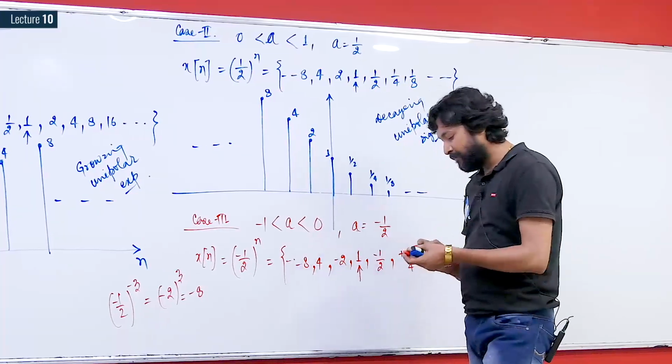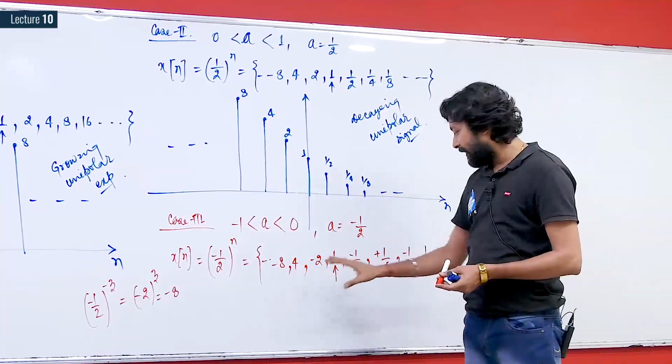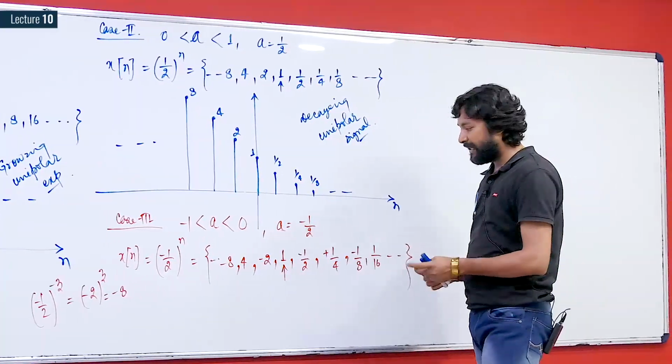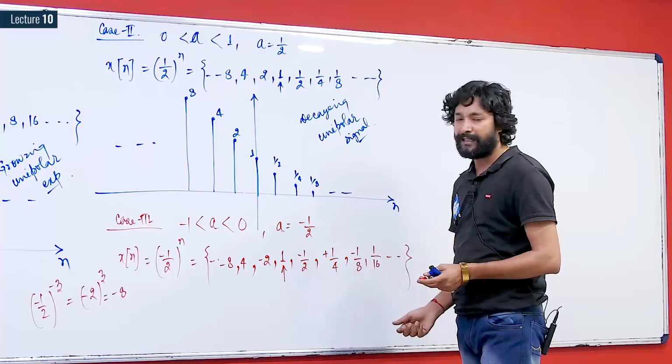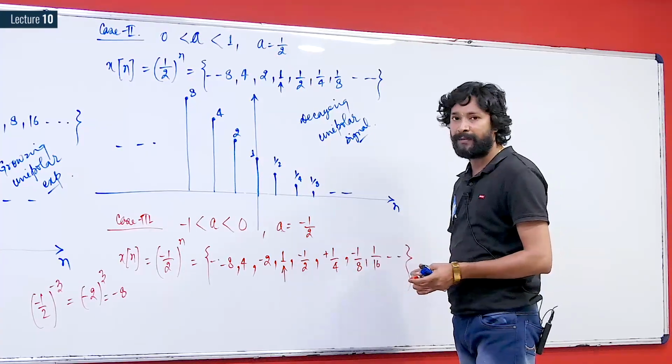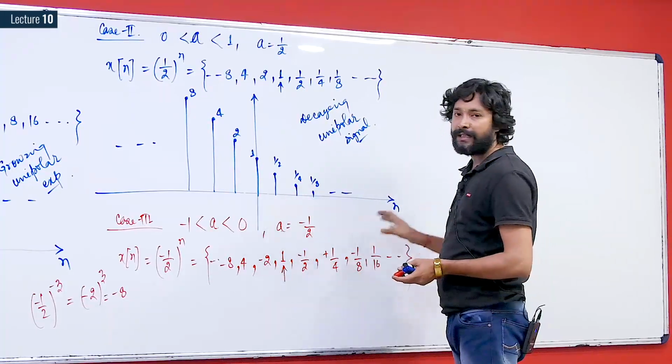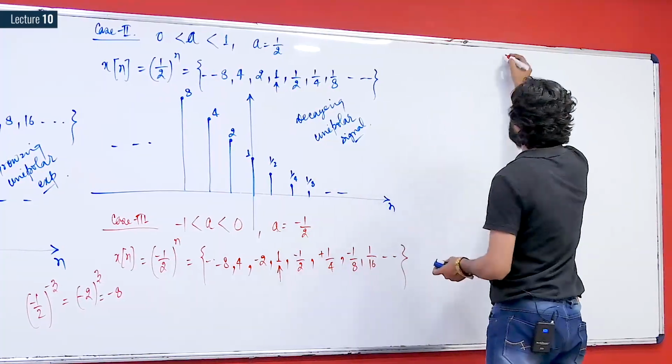Now you see the values are bipolar, that is, alternate signs are coming in the sample values. After a positive sample you are going to get a negative sample, and then again a positive sample. And the magnitude is decreasing with respect to n, that is, if you plot this signal